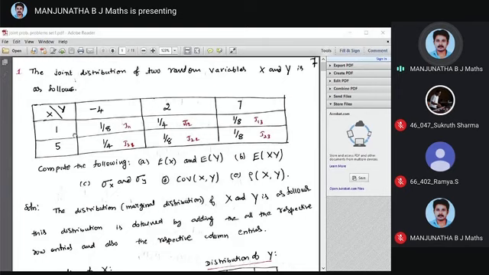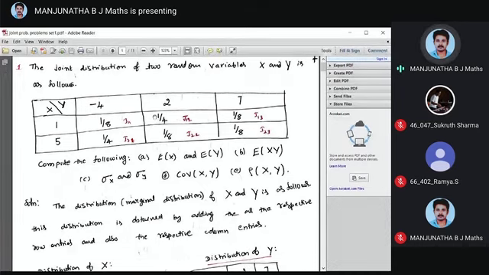So joint probability is given: 1 by 2, x1 y1 is j11. Here x1 is 1, y2 is 2, that is j12, that is 1 by 4. Here given 1 by 8, 1 by 4, 1 by 8, 1 by 4, 1 by 8, 1 by 8. Then you denote this by j11, j12, j13, j21, j22, j23, right? Because x1 y1, see, 1 into -4, that is not a product, that is the probability of that distribution.